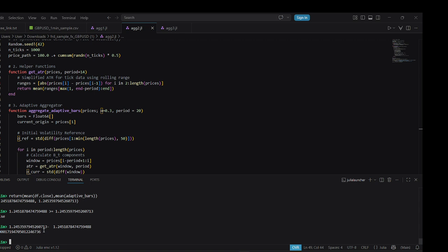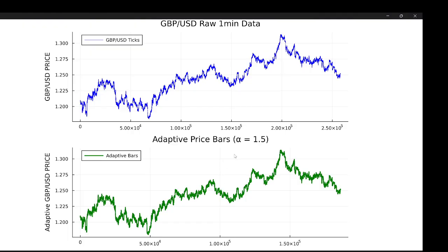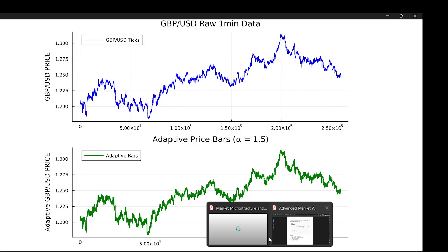Now, the distance between the averages is 0.00017194705012246736. Now, of course, as I adjust alpha, the statistical properties change. Now, there was adaptive price bars. Let's get into